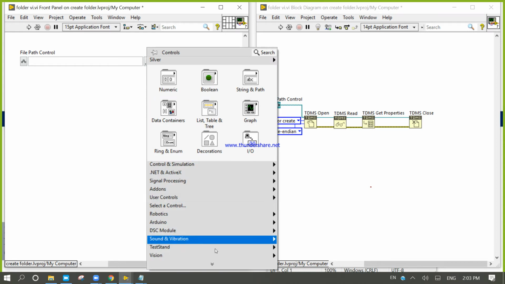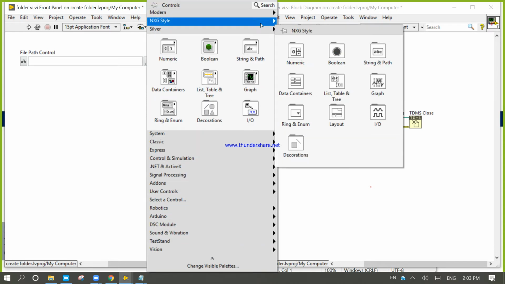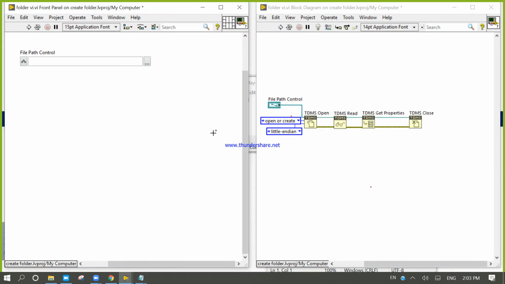Right click, come to the graph, take waveform graph.